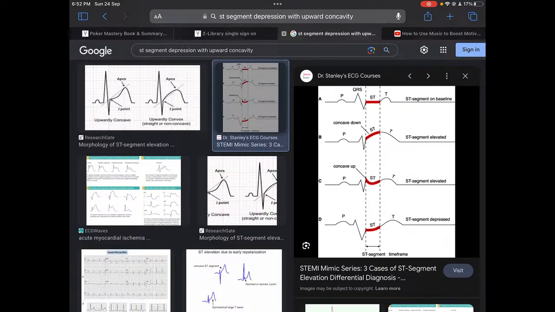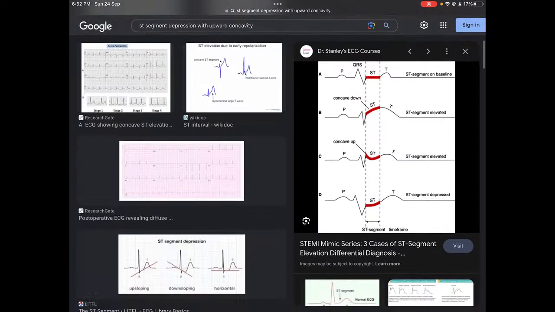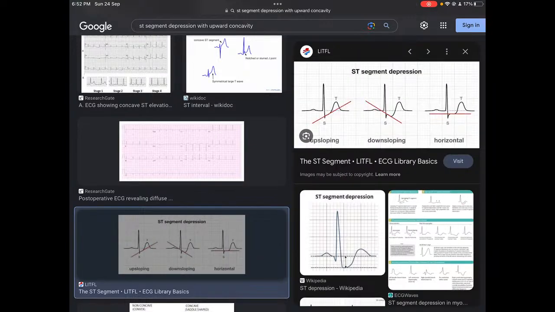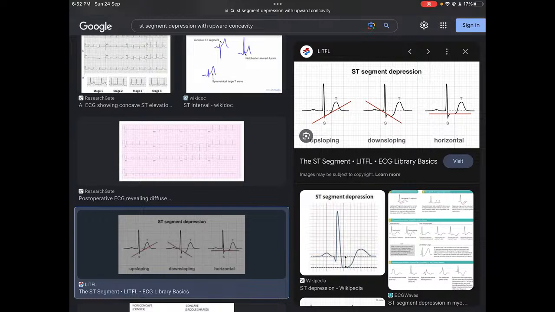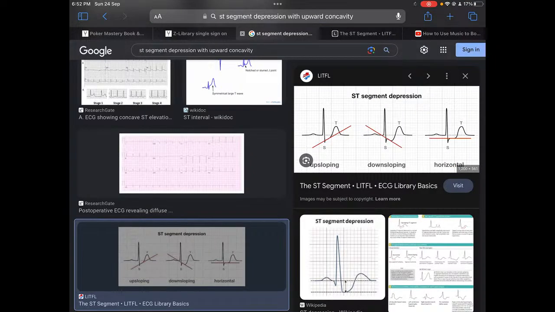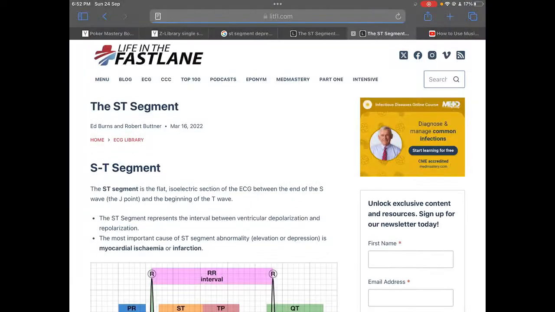Okay, now ST depression can be upsloping, downsloping, or horizontal. If its convexity is upward convex, like the first image, then it's ventricular hypertrophy. If it's a mirror image, I think this one, it could be digitalis poisoning. If it's sagging, that means this one between, then angina, CAD, digitalis,